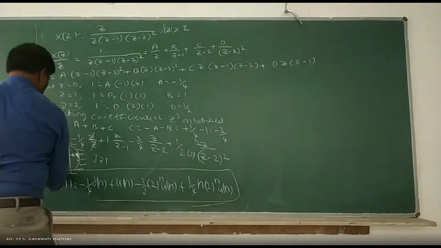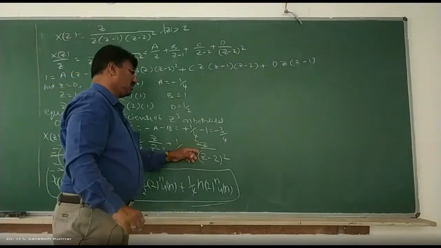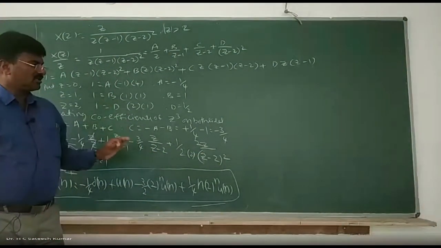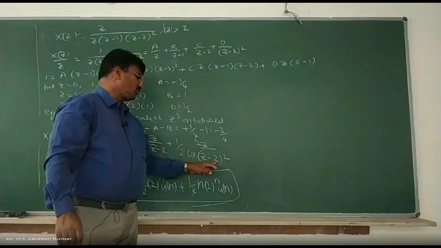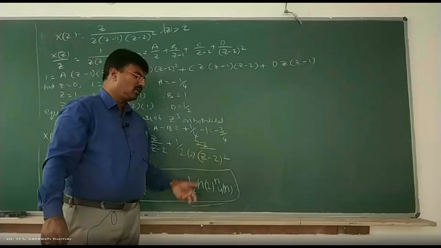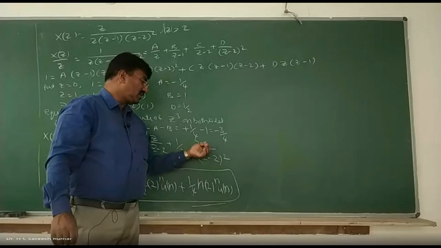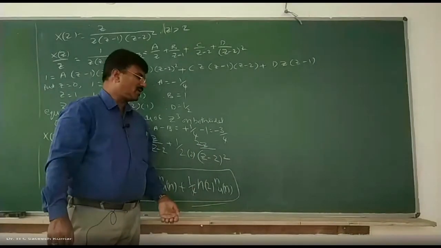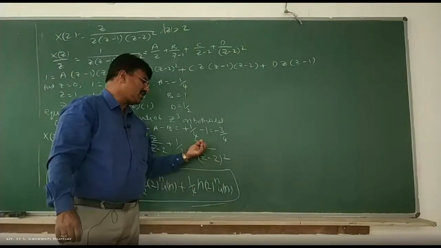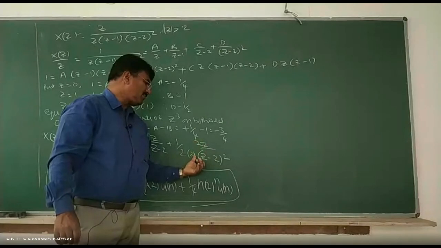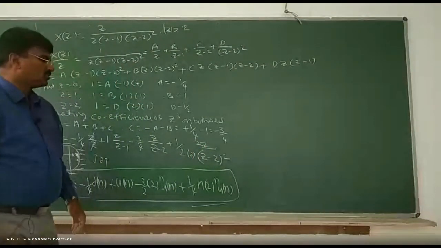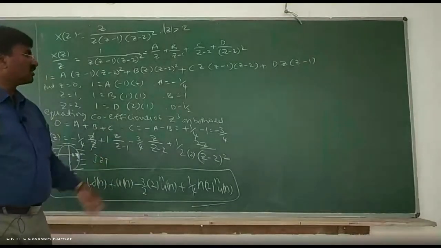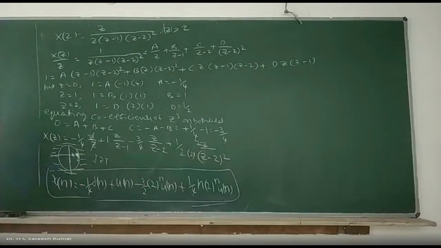This kind of problem we should be very careful, because many students will think that z divided by z minus 2 whole square is a standard relation. No, standard relation says that if it is 1, it is fine. If it is 1, it means z divided by z minus 1 whole square is n into u of n. If it is z divided by z minus 2 whole square, we should have az divided by z minus a whole square format. Since a is not there, get that a here and multiply and divide by the 2 in the numerator and denominator. So that's how we should convert it into standard format. Then we can find the inverse transformation. This kind of problem is repeated twice in the examination. Okay.